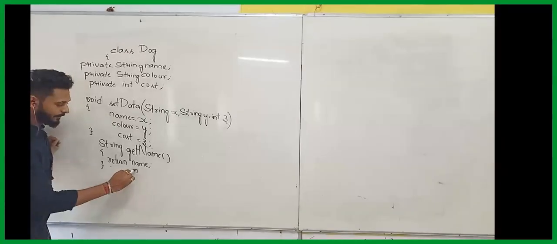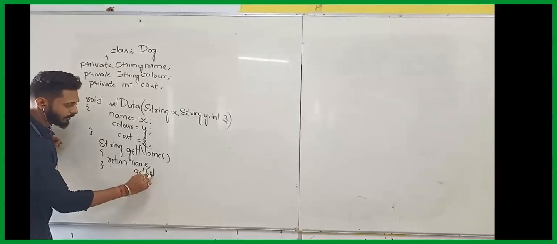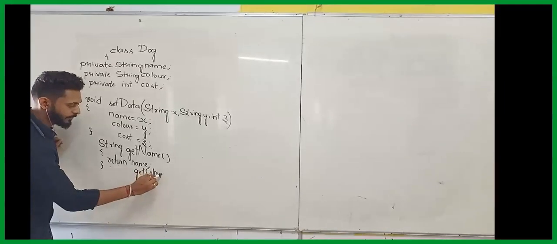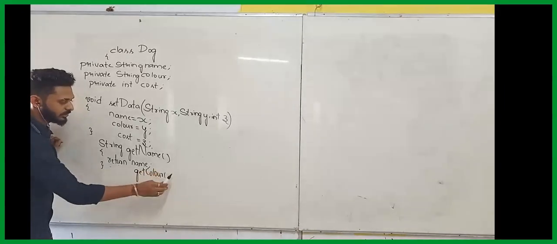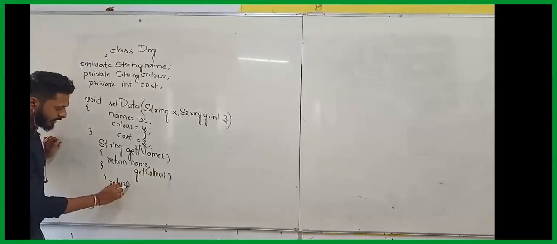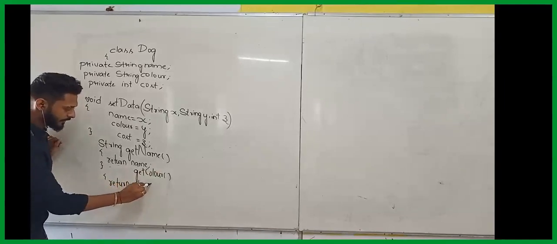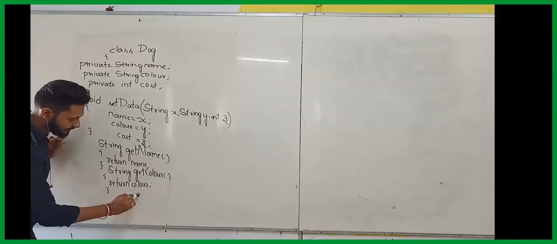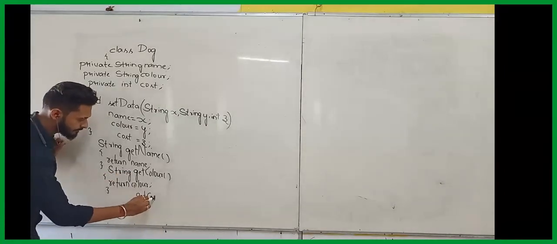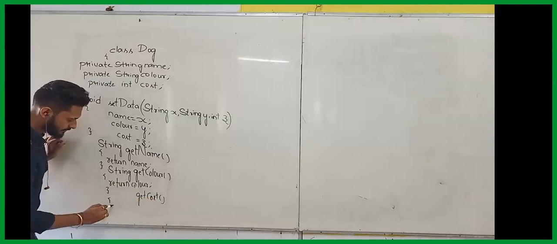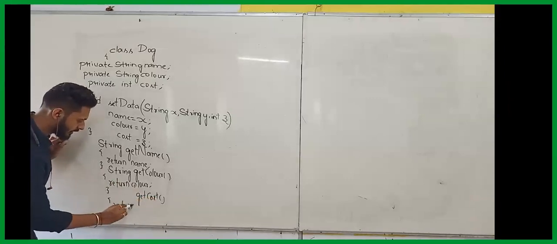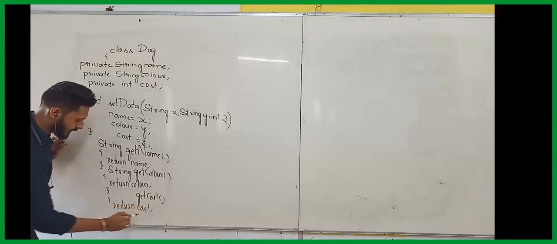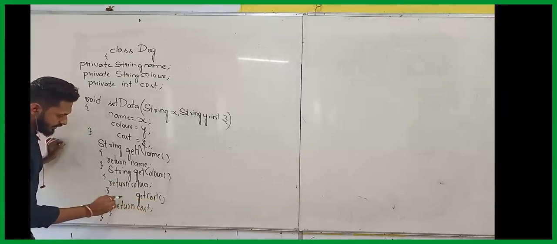In a similar way, get color. Okay, sorry. Method call, we should not put the semicolon. What I'll do, return color, and then return type is again string only. And then get cost. Here, return again. Return type is